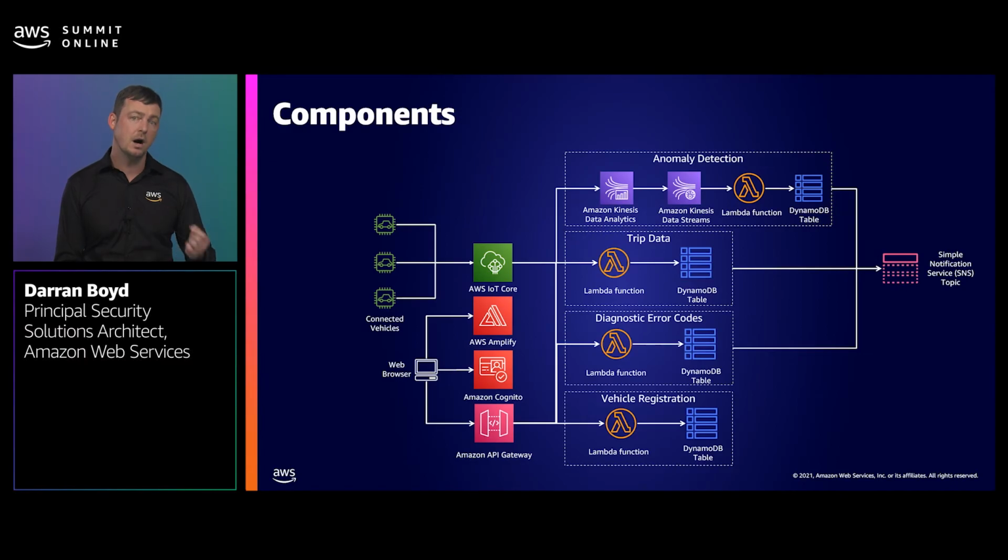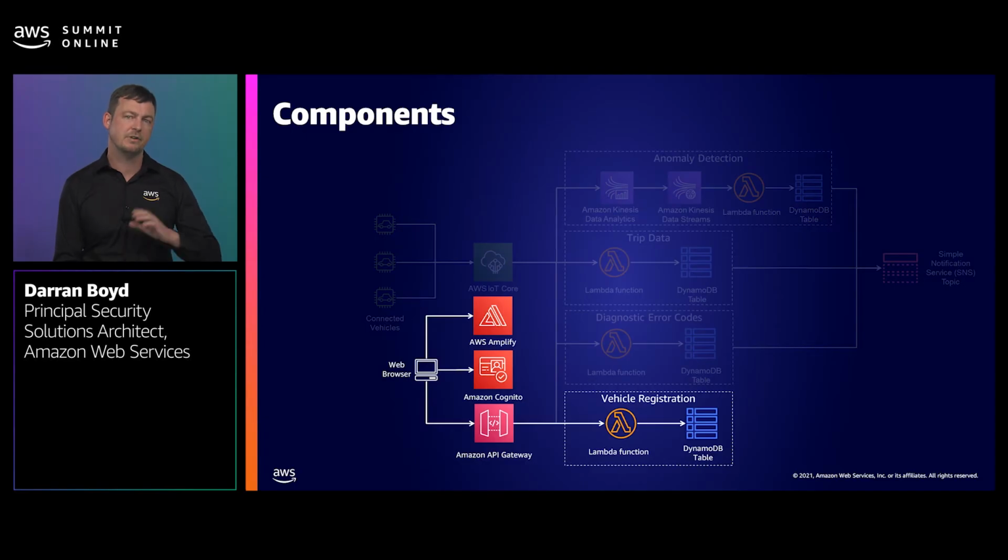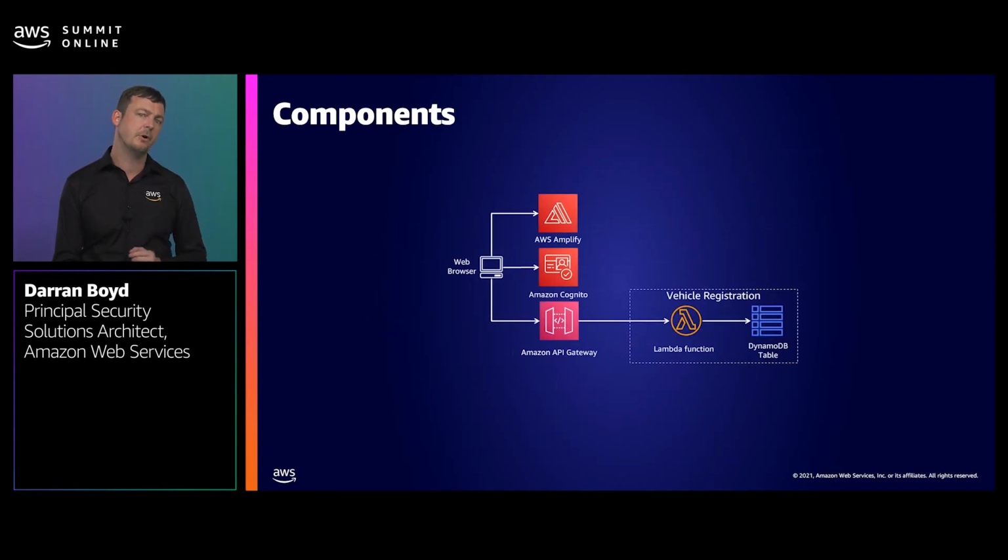So with that, what are we building this sprint? It's this portion here at the bottom. Let me put it in the center of the screen. These are the components that make up the vehicle registration user story. What we have is a web browser that will be used by the fleet manager, AWS Amplify, which will contain the static assets like HTML, JavaScript, and CSS for rendering of the web page, Amazon Cognito with user pools for authentication, and the web application will use Amazon API Gateway to interact with the vehicle registration backend, which will be created using AWS Lambda and Amazon DynamoDB.